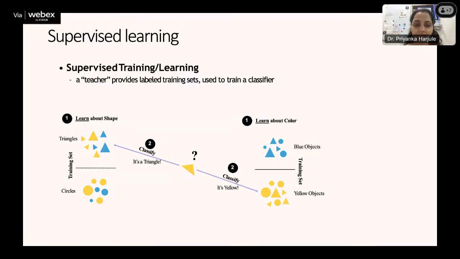So supervised learning, we already have the training data and the labels, and the objective of the classifier is to learn the mapping between the training data and the labels. So when we try to develop a machine learning model in a supervised setting, the first objective is to understand